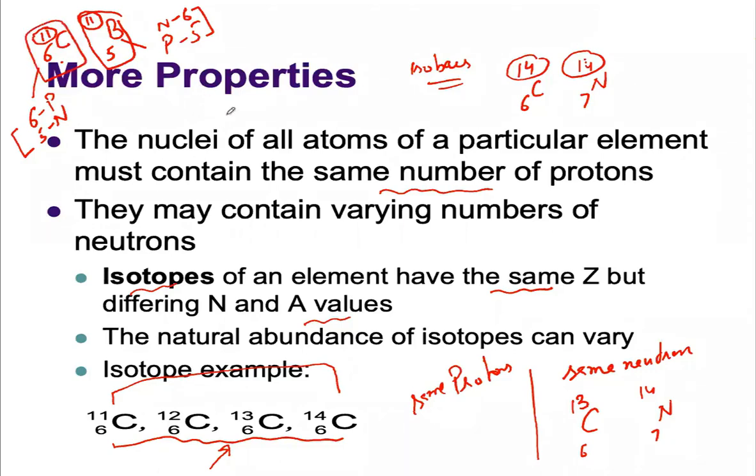Another example of mirror nuclei, you can see 7 nitrogen 13 and 6 carbon 13. Again, nitrogen has 7 protons and 6 neutrons, and carbon has 6 protons and 7 neutrons. So proton and neutron numbers are interchanged by 1, and those nuclei are known as mirror nuclei. And these nuclei have quite similar physical properties, and